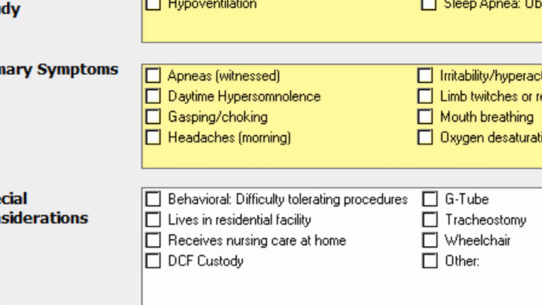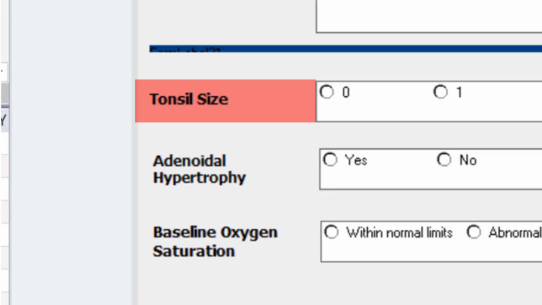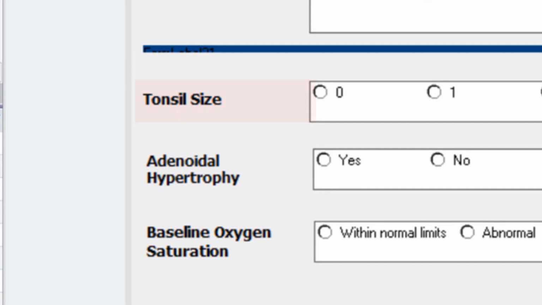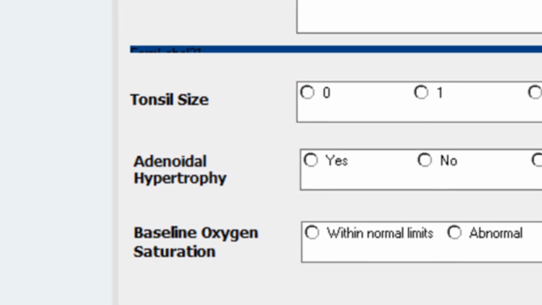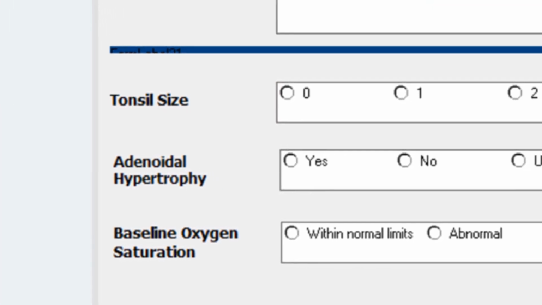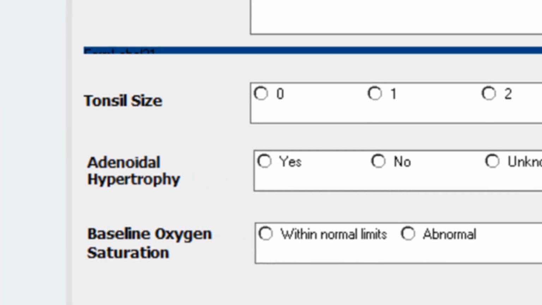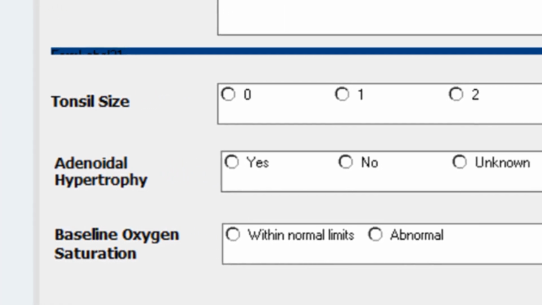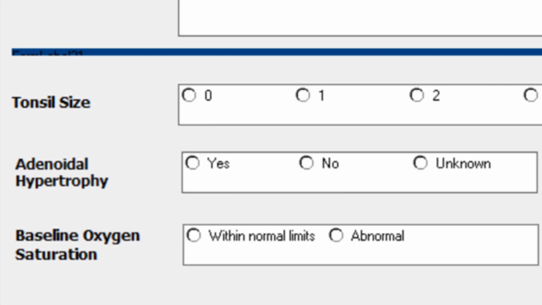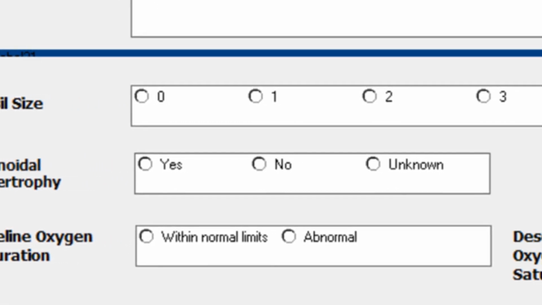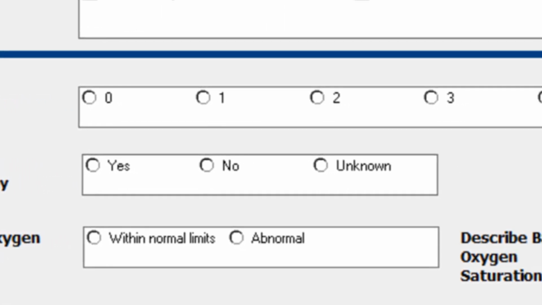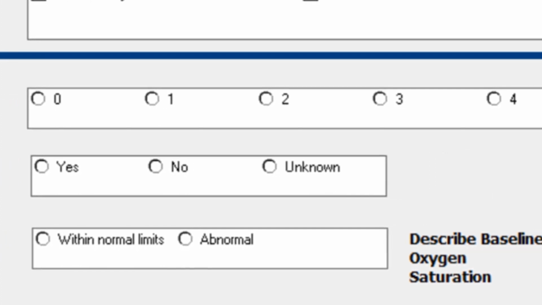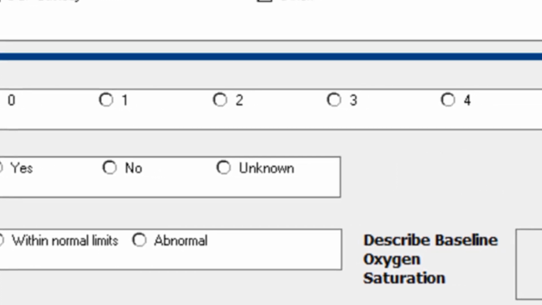So all this information, G-tube, tracheostomy, all this information can be very helpful and useful in order to schedule and, again, make sure we get the most out of the study. Tonsil size can be helpful as well. So for example, if you know that the child has huge tonsils, let's say it's an 8-year-old with snoring, gasping, witnessed pauses in breathing, and you are highly concerned about obstructive sleep apnea, but the child has huge tonsils. If you mark that down, that can be quite helpful, because that will then